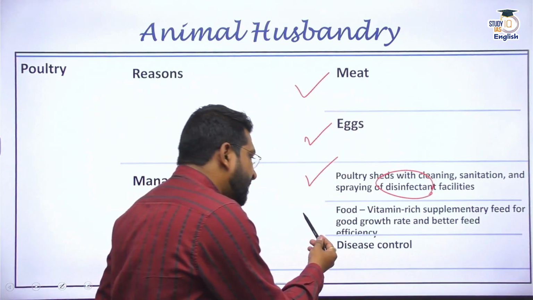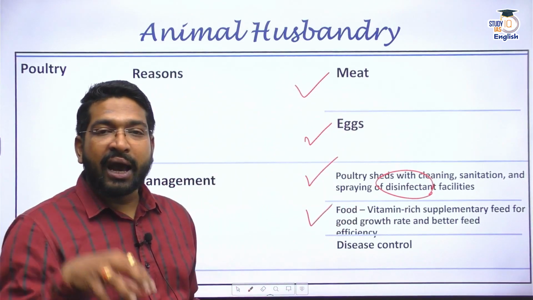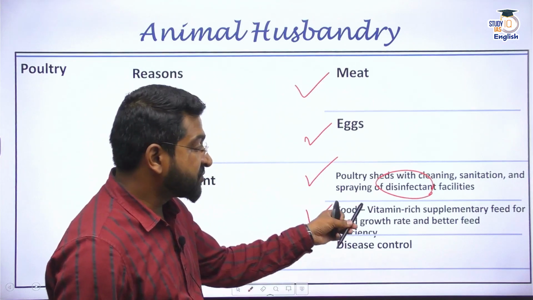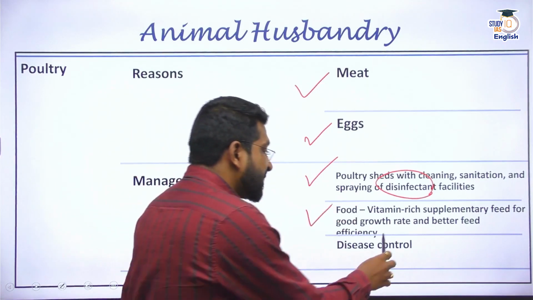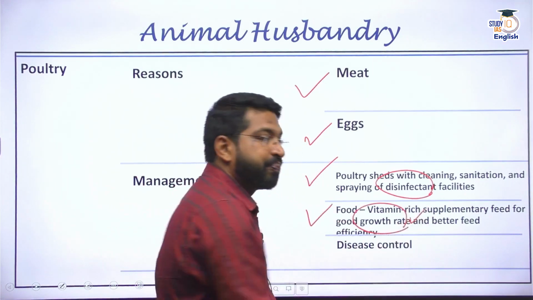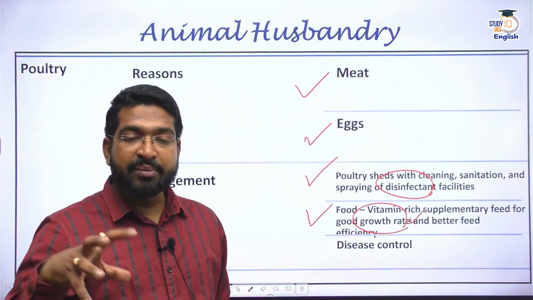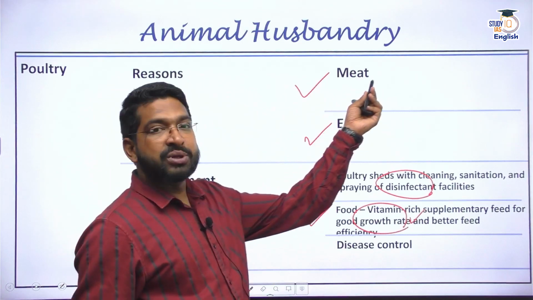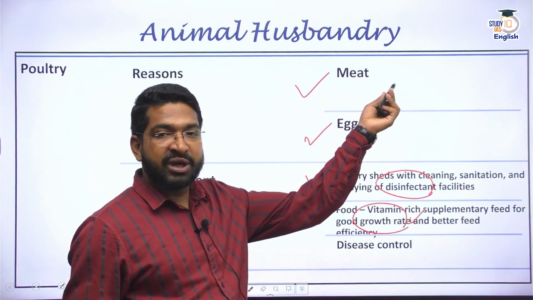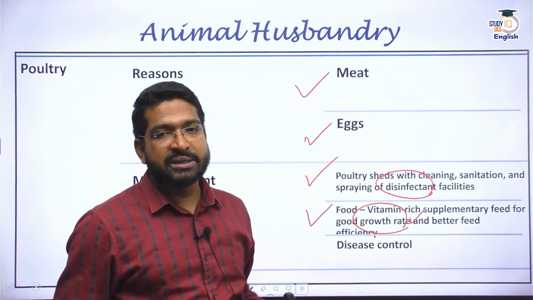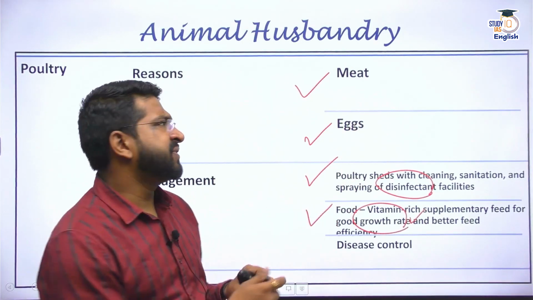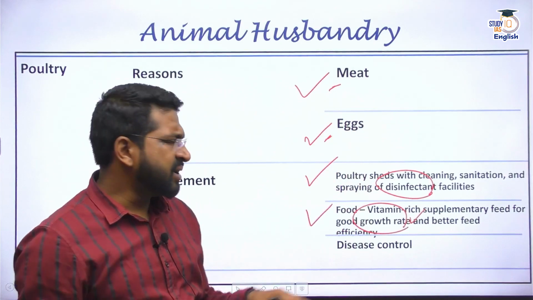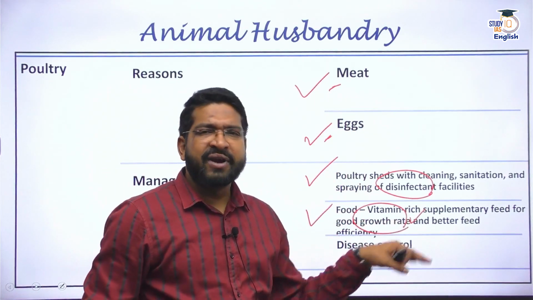Apart from that, I need proper food, because I need vitamin-rich, protein-rich food for these chickens. Vitamin-rich supplementary feed is needed because I need them to grow. I need them to have food so that they efficiently produce proteins, they efficiently produce meat, and they lay proper eggs. Again, the food specifically for meat poultry and egg poultry are a little different, but nonetheless, they are mostly vitamin-rich